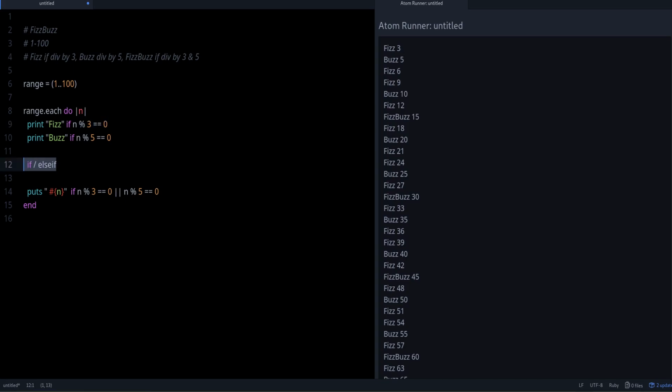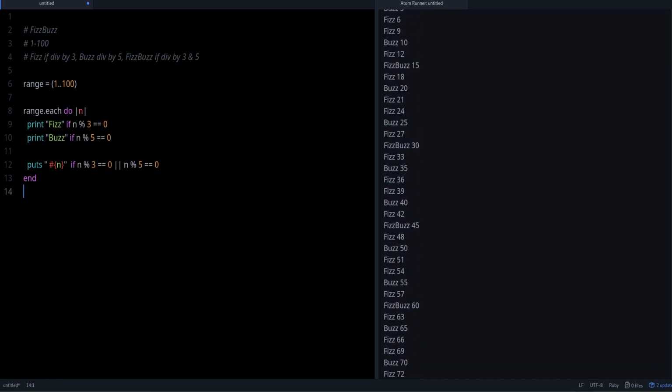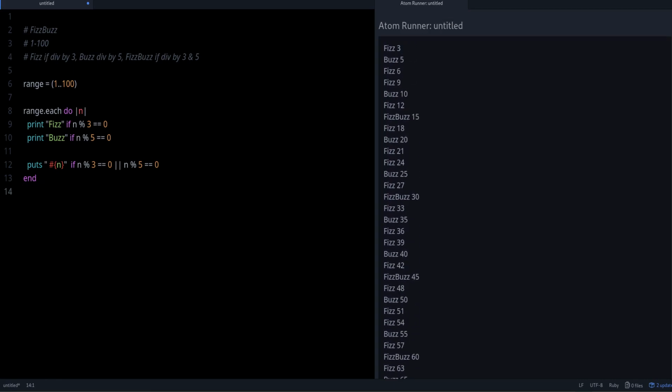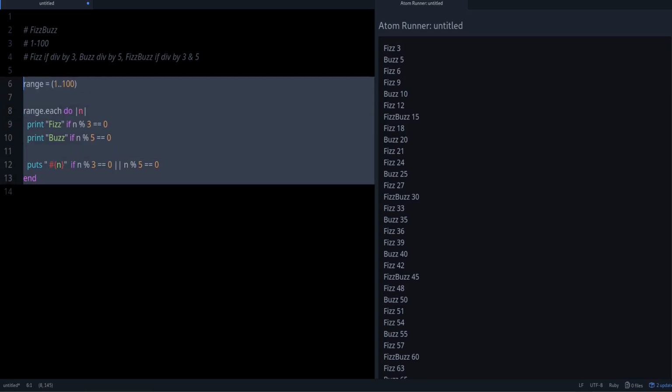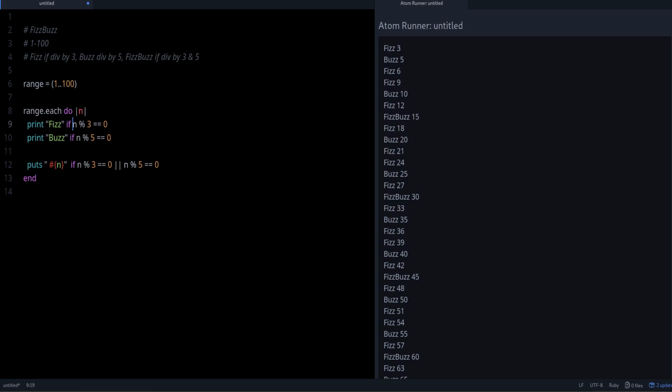It didn't go to else if, because else if is exclusive with the first if. So it's only one or the other. Well, we have some cases where we want both. So yeah, this is the solution to the Fizzbuzz challenge, and as you can see, we use the modulo operator